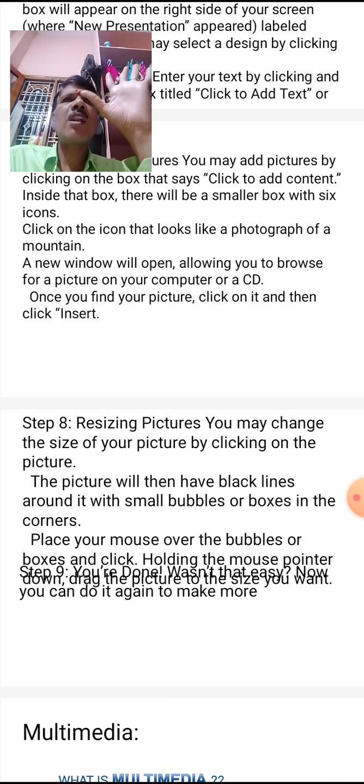A simple technique is that if the user is familiar with Word or Excel, automatically MS PowerPoint is easier, because some of the commands which are used in Excel and Word are the same commands used here.